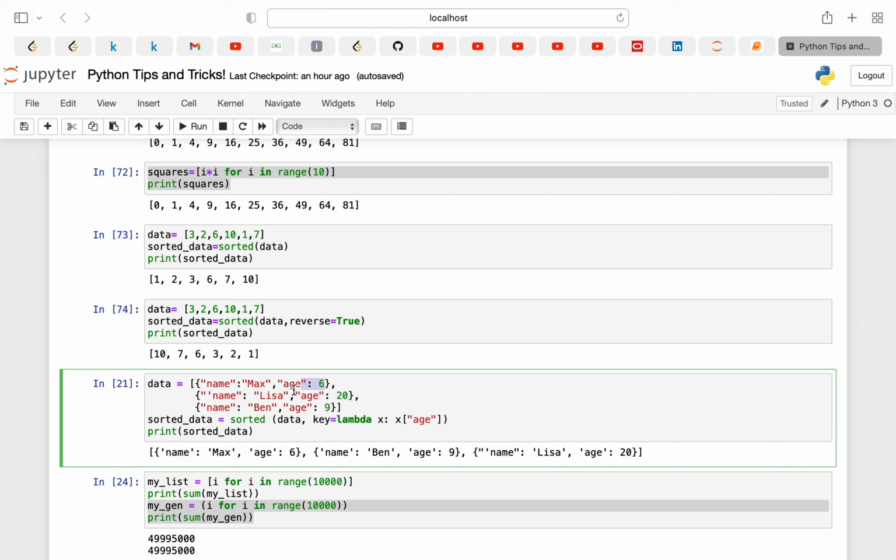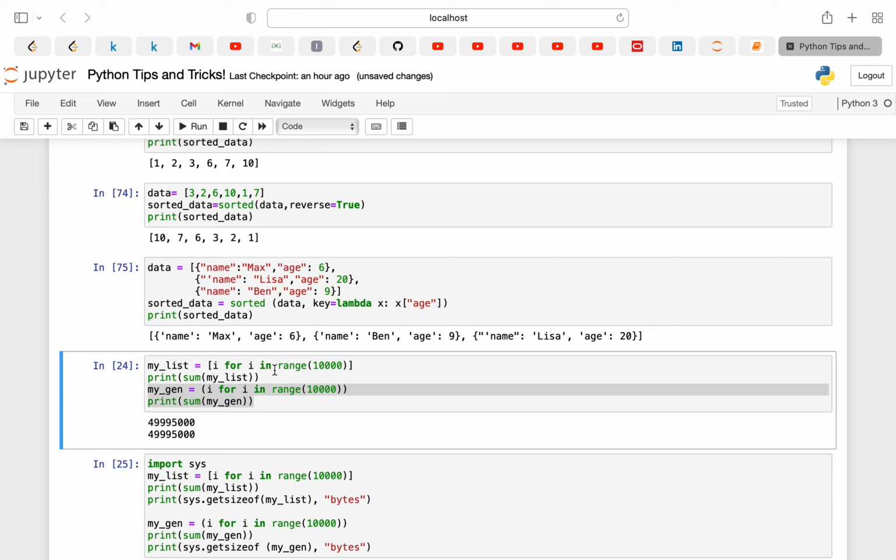What kind of key? Because I have an array of dictionaries, in the key I can pass age. As you can see, I'm using a lambda operation, and here I can simply use x, where x is equal to age. When I do, you can see my array is sorted by age.